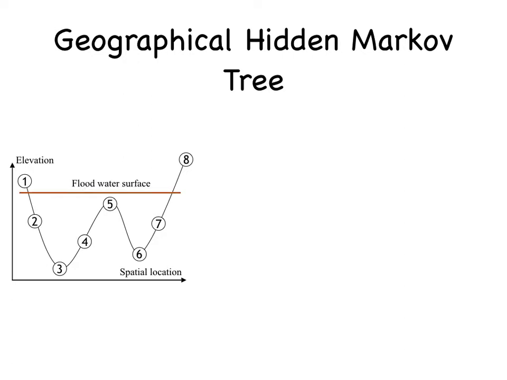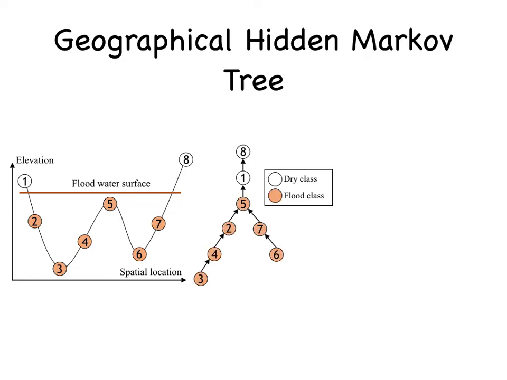Due to gravity, if location 5 is flooded, then locations 2 to 4, 6 to 7 must also be flooded, even if their imagery features indicate otherwise, such as tree canopies, which could have been the dry class. We represent such dependency as a partial order constraint in a reverse tree structure. In the reverse tree, if any node, such as node 5, is flat, then all the subtree nodes must also be flat. The reverse tree structure is put into a hidden class layer, and each hidden class node is also